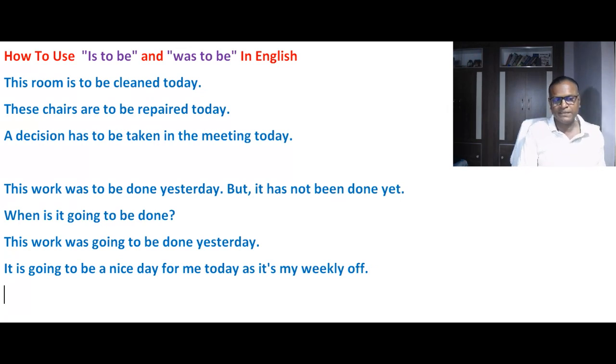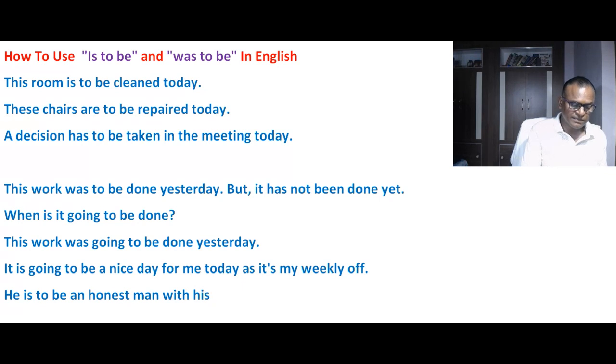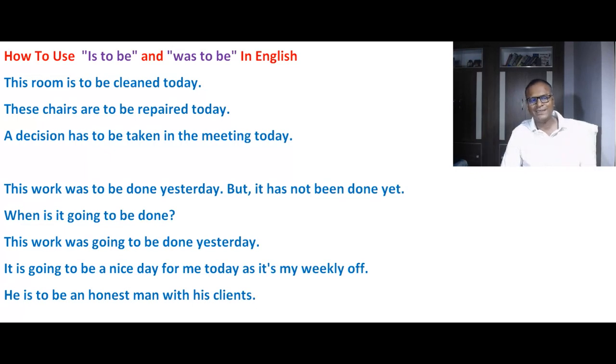जैसे और एग्जांपल्स हम अगर यहाँ पे लें, इसको ऐसे लेते हैं is to be से, he is to be an honest man, उसको एक honest man होना होगा, होना है, होना चाहिए या होना पड़ता है। he is to be an honest man with his clients, ऐसे भी आप बना सकते हो। तो कहीं पे भी आप यूज कर सकते हो उसको, लेकिन अगर वर्ब के साथ है तो थर्ड फॉर्म ही हम हमेशा यूज करते हैं। टू बी, वॉज टू बी, किया जाना था, किया जाना है।